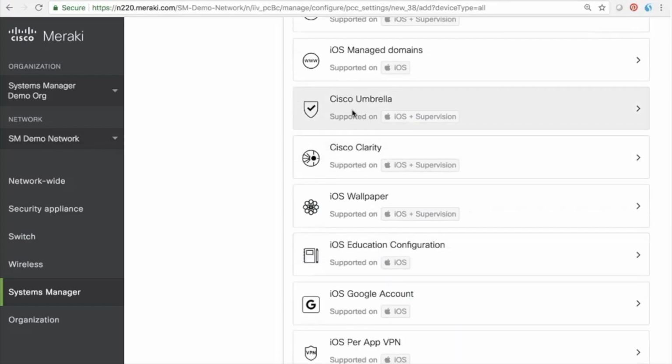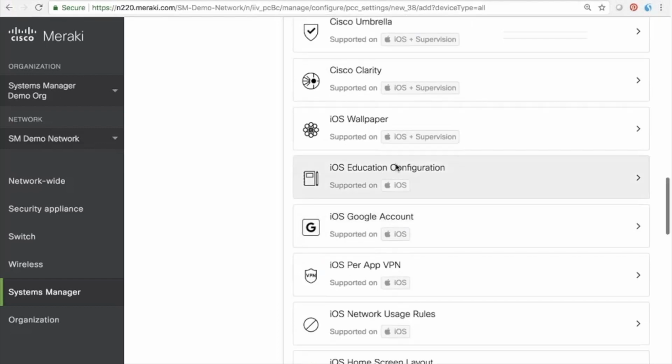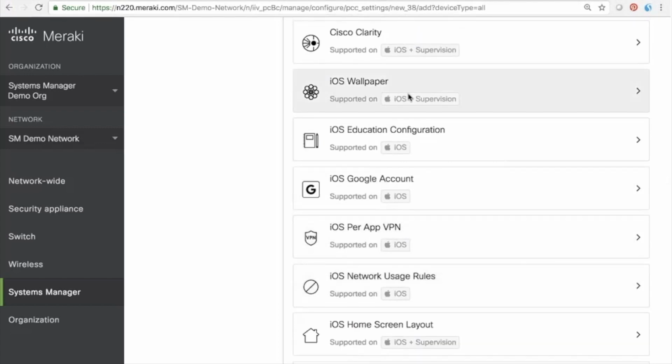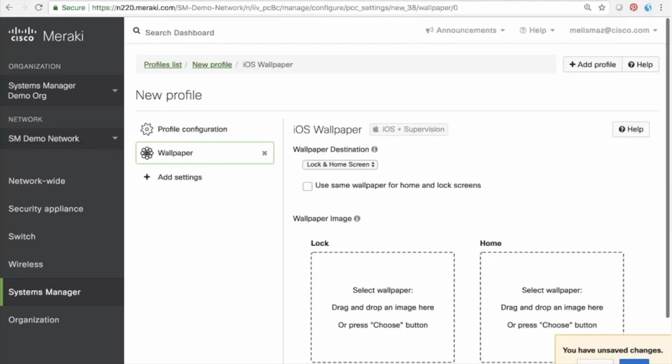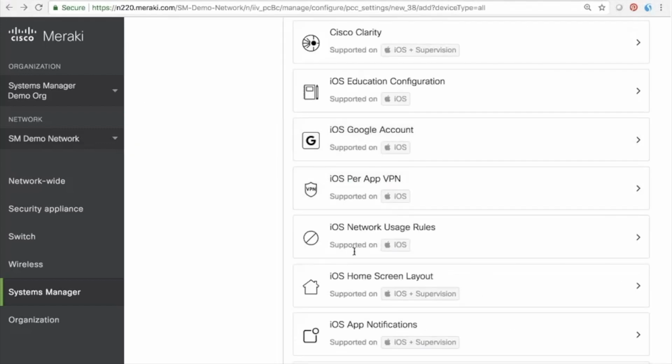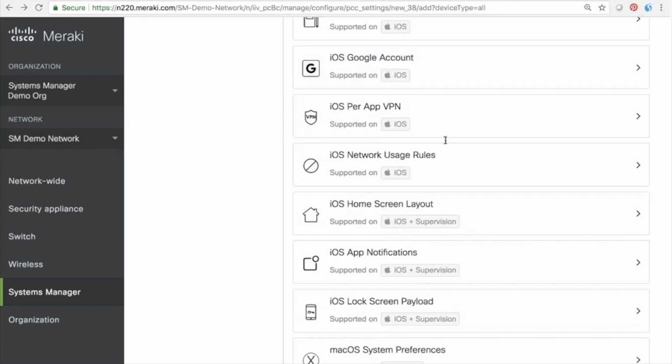We mentioned Cisco Security Connector earlier. Those integrate the Cisco Umbrella and the Cisco Clarity, which is another name for the AMP for Endpoints product within Cisco. If you were running that product or running that application on your iOS devices, you could see those dashboards here as well. A lot of different tools here to customize the device as well with different dashboards or Apple School Manager configurations. Per app VPN rules to automatically launch VPN if a user does certain things on the device,